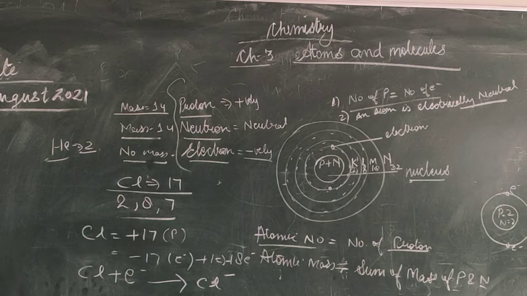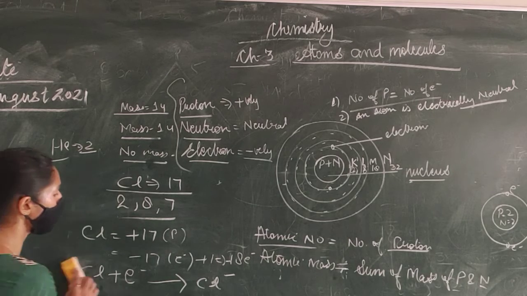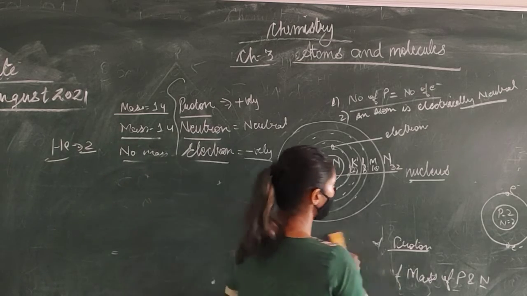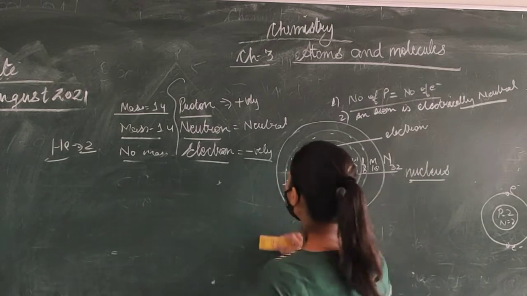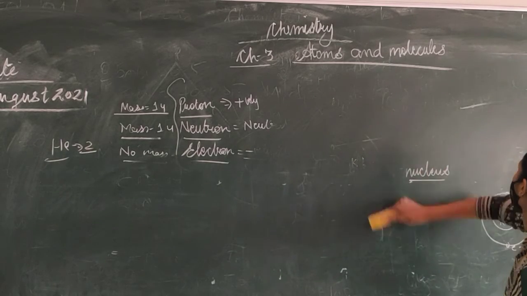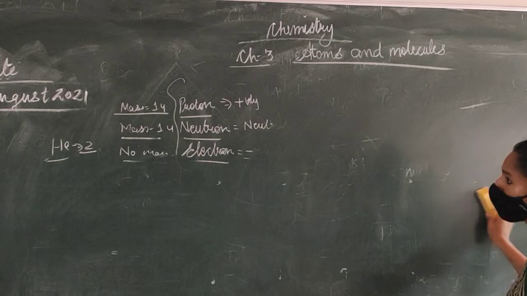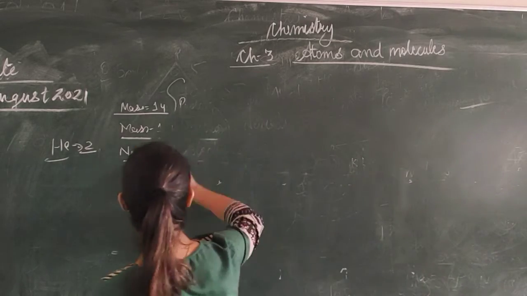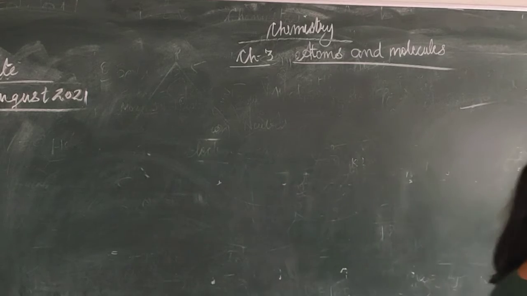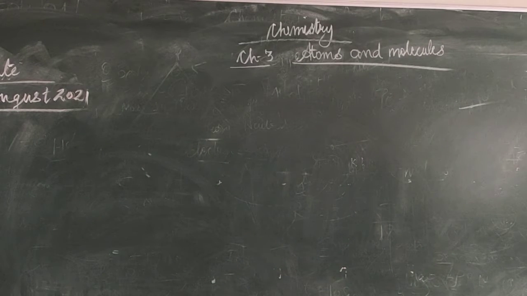Okay. So again I will take up all this topic, but because we are starting the chapter from atoms and molecules, you should have an idea about an atom. Okay. So an atom is the smallest particle which takes part in a chemical reaction. Okay. And the smallest part of an element would be an atom. Talking about a molecule, what is a molecule? When two or more atoms combine together, they form a molecule.